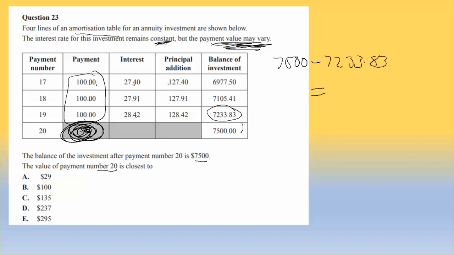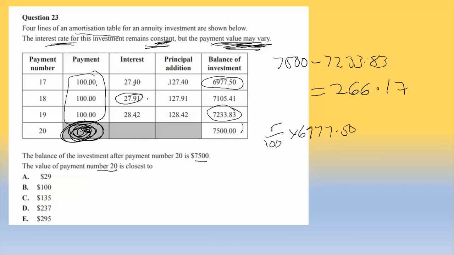7,233.83. And that equals $266.17. Right, it said in here the interest rate remains constant. So I have to work out how much the interest rate is. So I'm going to see on this amount, they get that much interest. All right, so I'm going to think R over 100 times